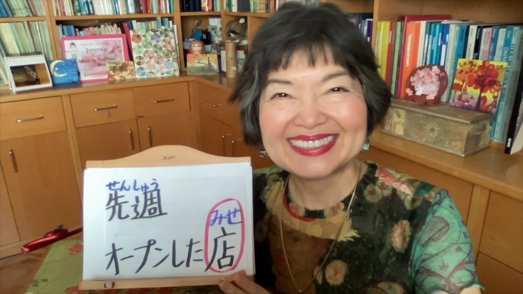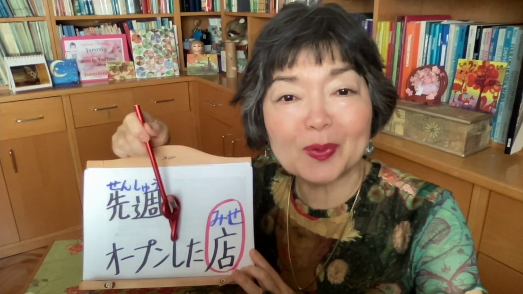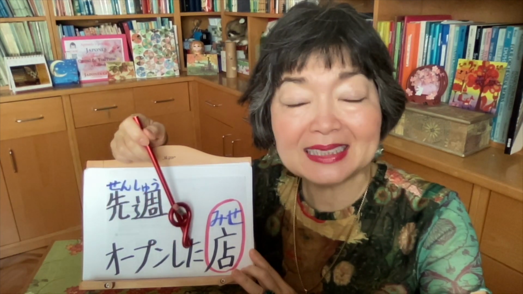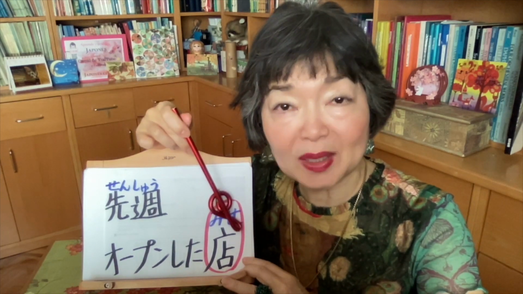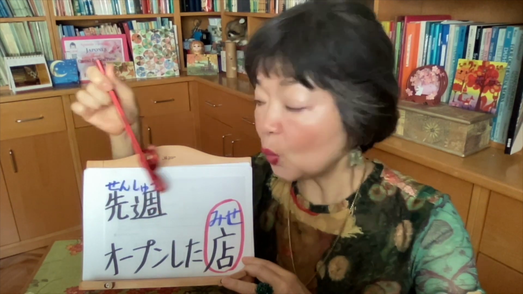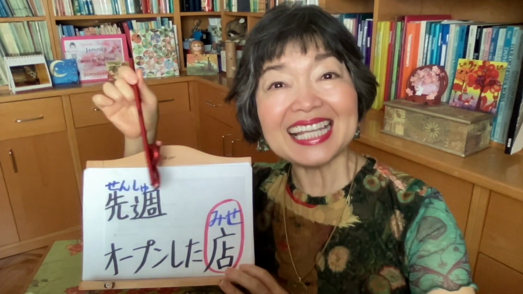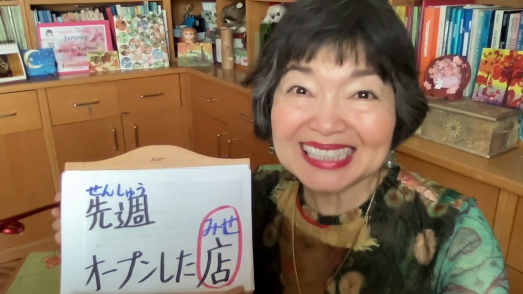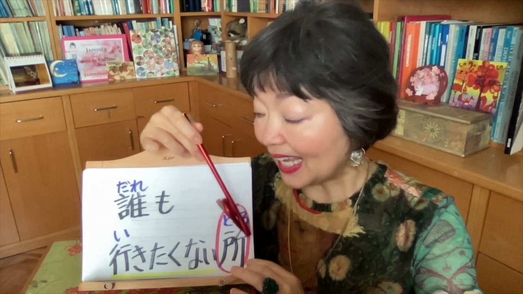The store that opened last week. The store opened. That is very easy for English-speaking people because open, it is open. 開きます, to open. So the English translation, the store, because this noun comes at the end: the store that opened here last week. In Japanese, we say this kind of the date in the beginning of the sentence. 先週オープンした店. The place where nobody wants to go, ところ. The place comes at the end, just before 行きたくない.